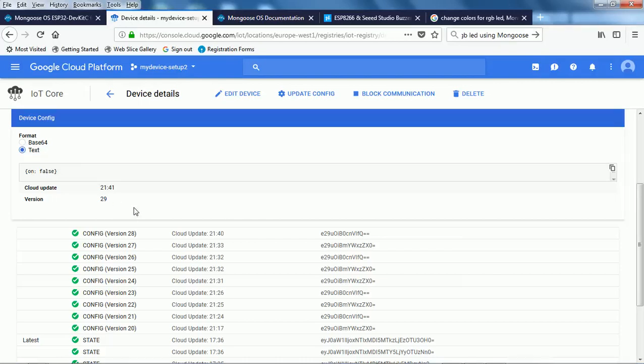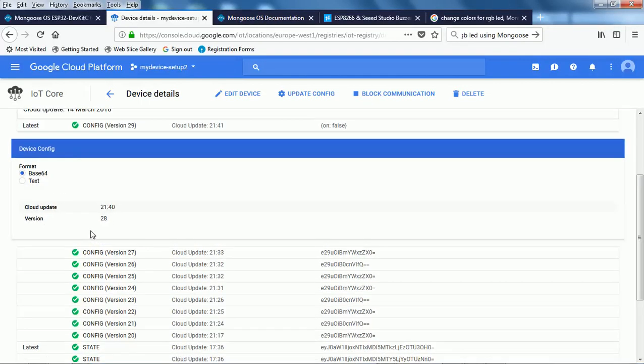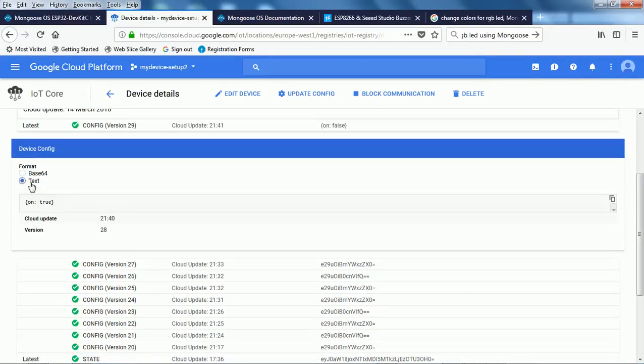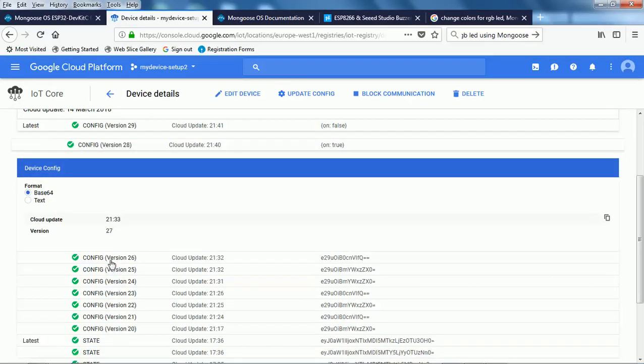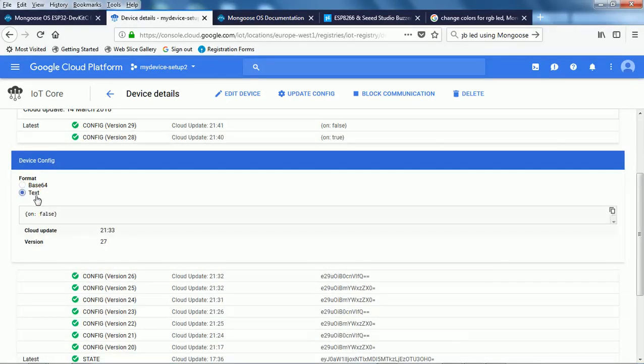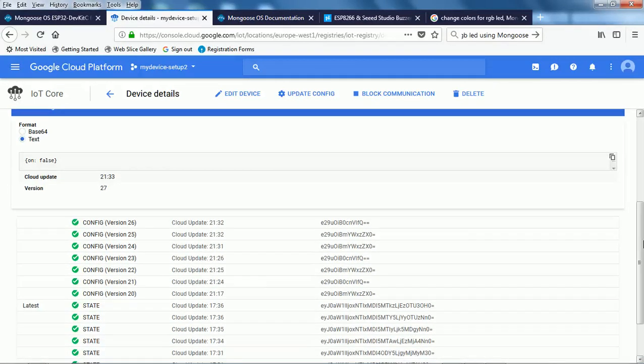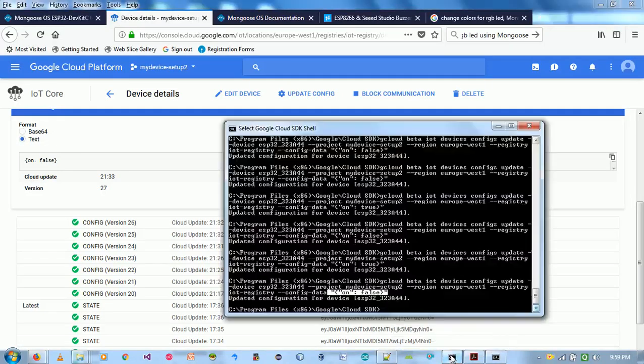This is the JSON format. Now if I enlarge this, this value could be true. Like that you can see at multiple places, multiple times, I have controlled the LED behavior. These are the configs that I am sending using the Google client.